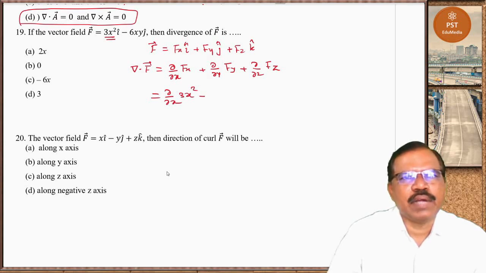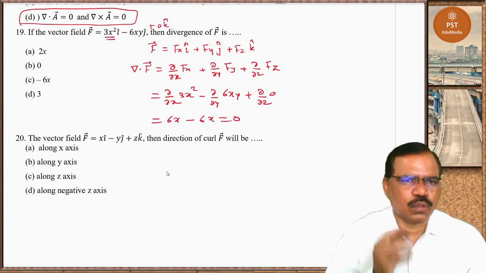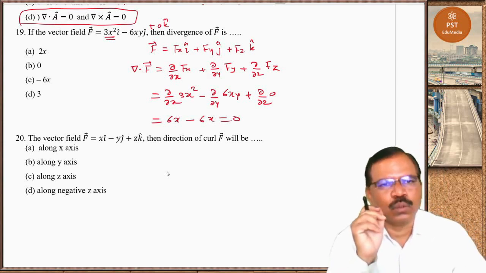Now minus 6xy, that is Fy. So minus partial with respect to y of 6xy plus partial with respect to z. Now here you can take plus 0. So of 0. You will get first one 6x. Second one is also 6x. So total is